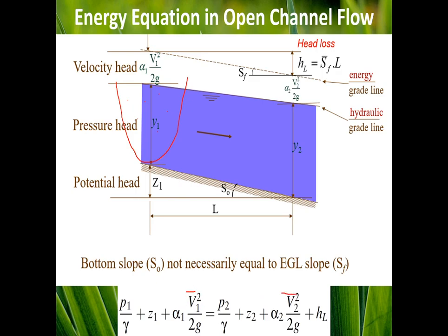Therefore, taking average will enter some errors, and to correct those errors we multiply the average velocity that we have. You see in these two, velocities are average, that we multiply them with the kinetic energy correction factor. However, this is not a big deal in this course because we are dealing with turbulent flow, and in turbulent flow we can assume alpha equal to 1, and therefore we sometimes can neglect both alpha 1 and alpha 2 in the energy equation.